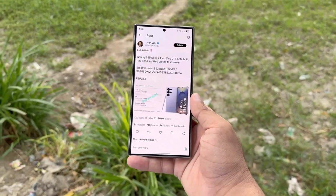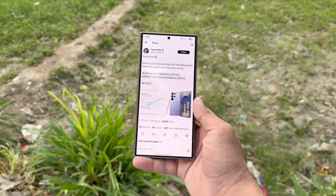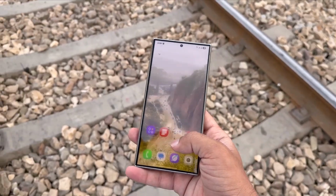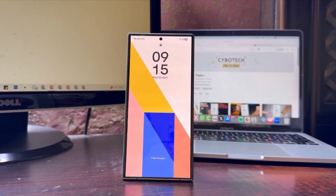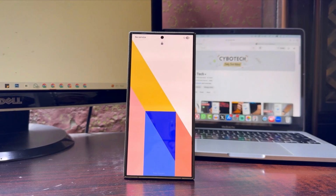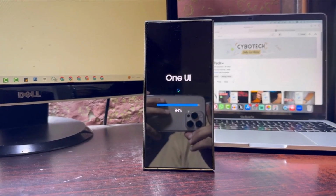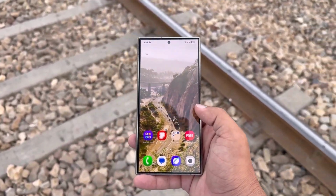Let's take a quick look at the expected rollout timeline. The Galaxy S25 series already kicked off the beta on May 28 in regions like the US, UK, Germany, and South Korea. Beta 2 is expected to arrive in mid to late June 2025, and if all goes according to plan, the stable version could launch between July and August 2025, just after Samsung unveils the Z Fold 7 and